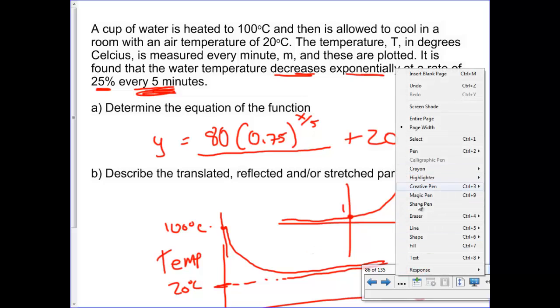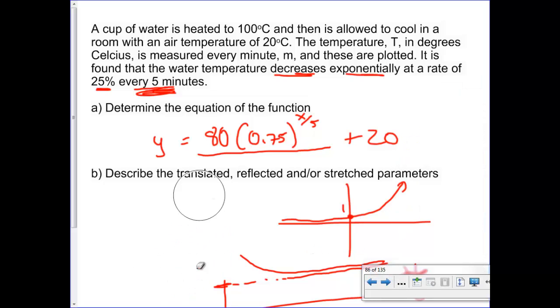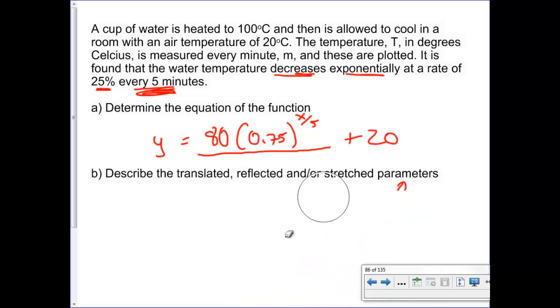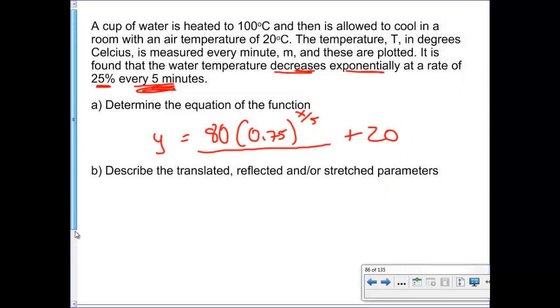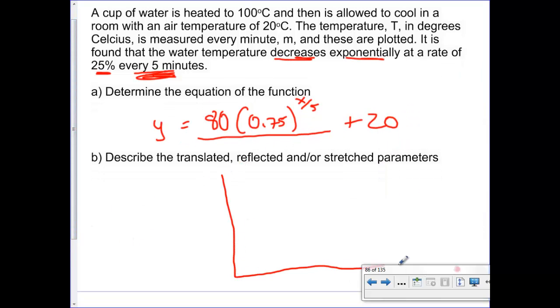Let me just sketch it. We'll throw it in our calculator. I figured out why it didn't work. I knew what I was doing wrong. I can explain it. So this graph here, I know. The equation was right. My way of explaining it was wrong. So this graph should start at 100,